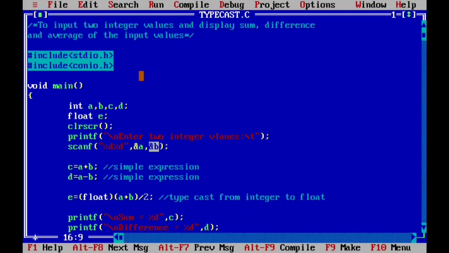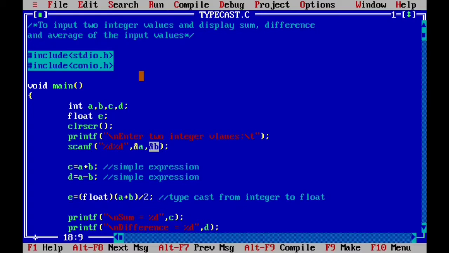Same way D is equal to A minus B, again we are taking two integer values, which will result in an integer value only, and D is again an integer type variable, so typecasting is not required here.